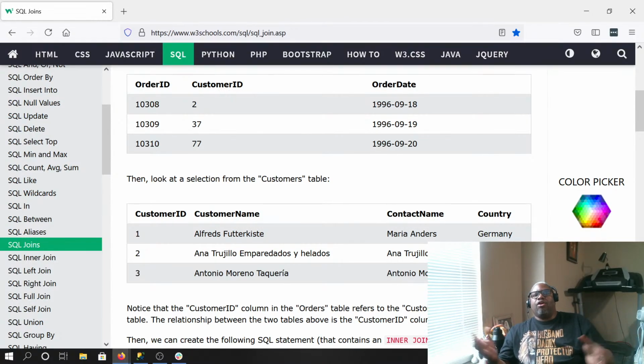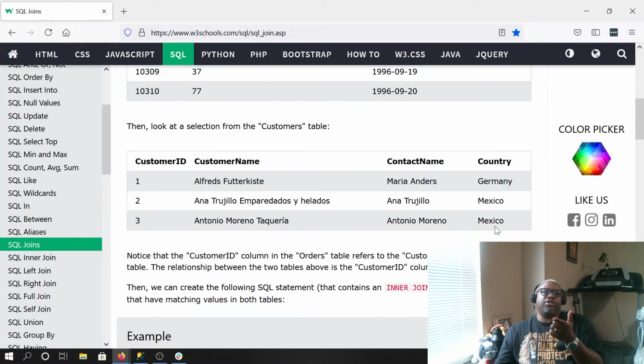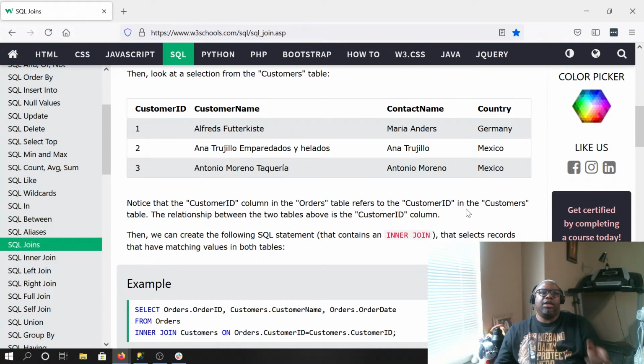But let's say we wanted to get all of that data together in one query. How would you do it? You could query one table and gather the information, query the other table and gather the information on that, put them together in an outside source, and make yourself a report or a result set. That's not what you want to do. What you want to do is create a table join. Now, the type of table join matters on the type of data that you expect to get back. So the first and the easiest one to understand are inner